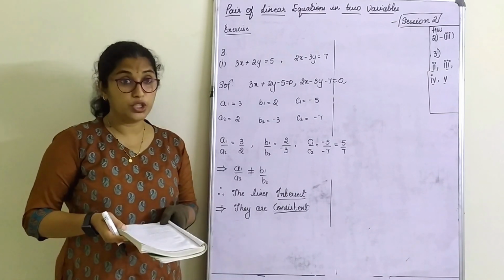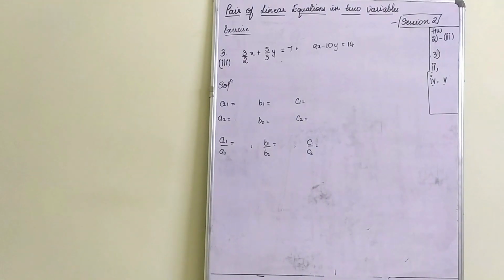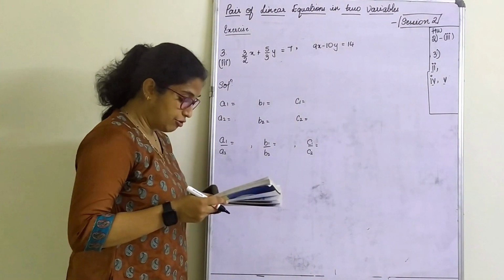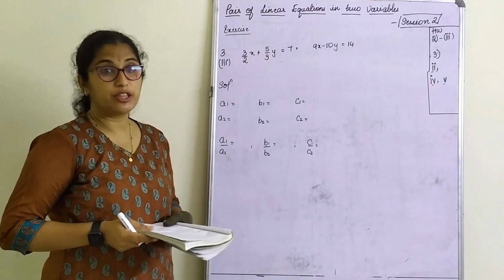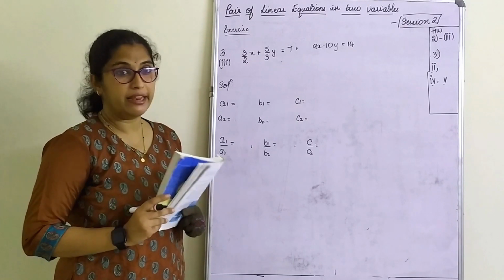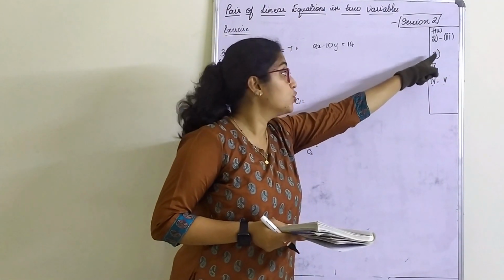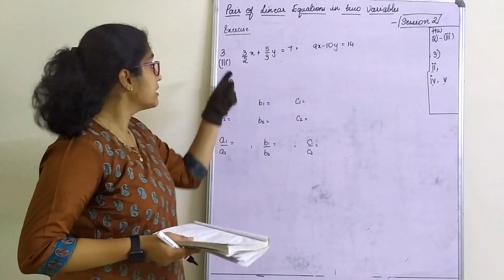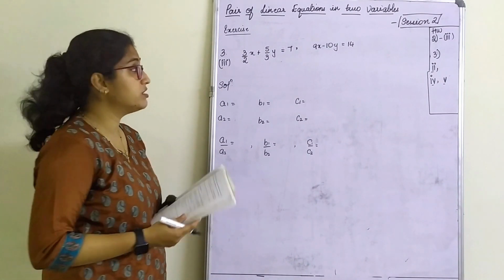We'll quickly move on to the fourth one. Yes children, in third main what I found was that in the third one there is a fraction. So I thought since the fraction is there, I'll be doing that. So from the homework I have removed third one. So homework sums will now be only second one, fourth one and fifth one. Third one I will be doing here, so you understand how to do the fractions also.